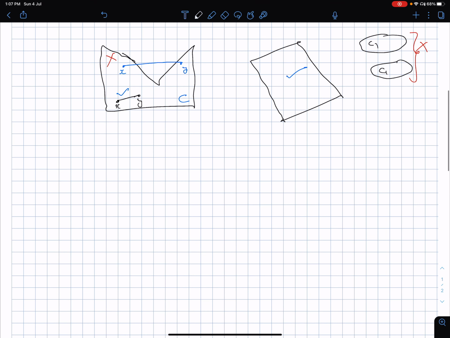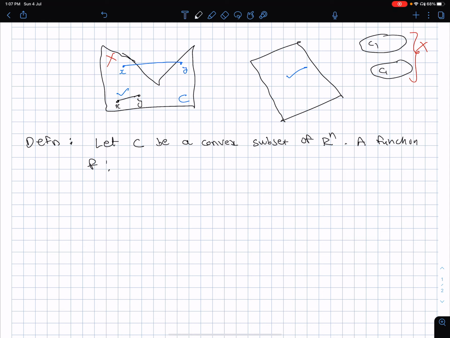So let's now quickly define a convex function. Let C be a convex set, or a convex subset of Rn. A function f defined from C to R, the real line, is called convex